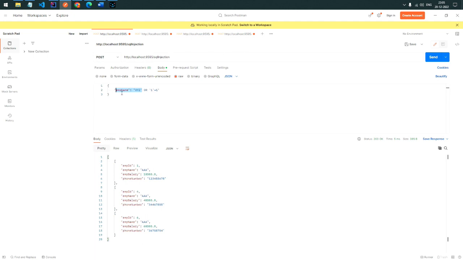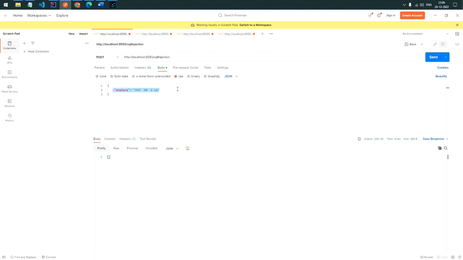So in this case the employee name condition is followed by OR 1 equal to 1, which is always true, right? So we fetch all employee details. That's hacking number 1. Now I will try to hack, an SQL injection attack, in this API,